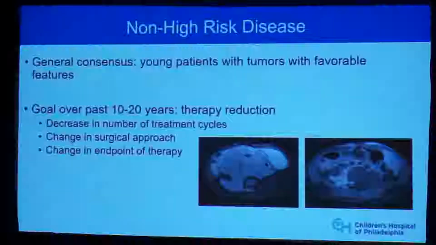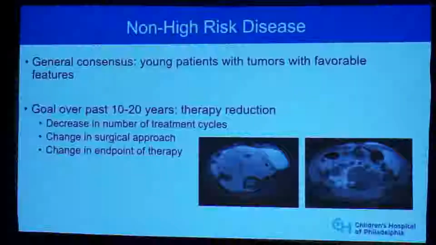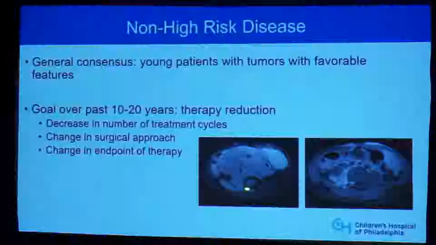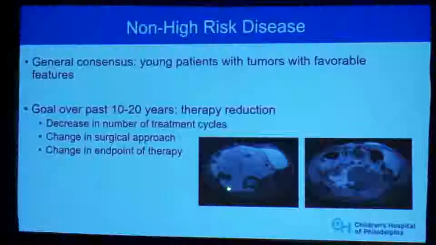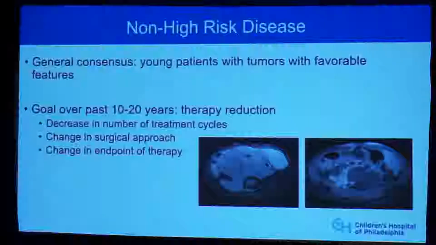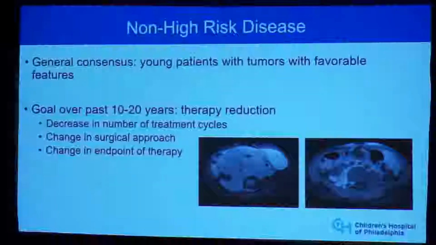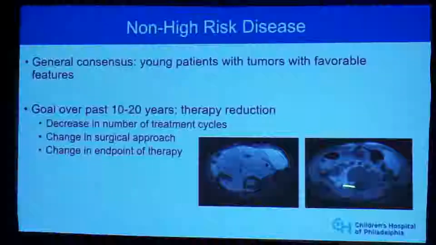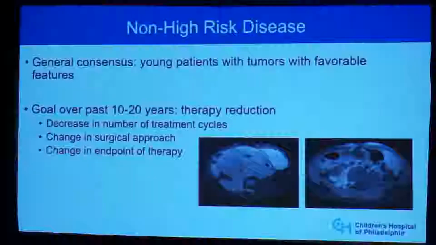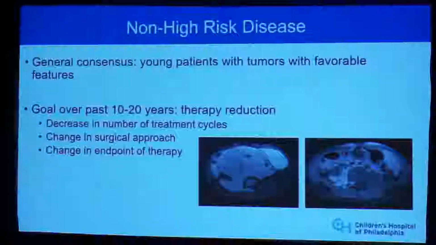And the example I will give you is this patient, a child under 12 months of age who presented with this very large tumor that's extending through neural foraminae into the spinal canal. This patient received 4 cycles of chemotherapy, had a beautiful response, plus what our surgeon hates it when I use this word, a debulking surgery, and was left with some tumor still remaining in a little bit of an anxiety-provoking place. But this patient has been off therapy now for many years and is doing just fine.